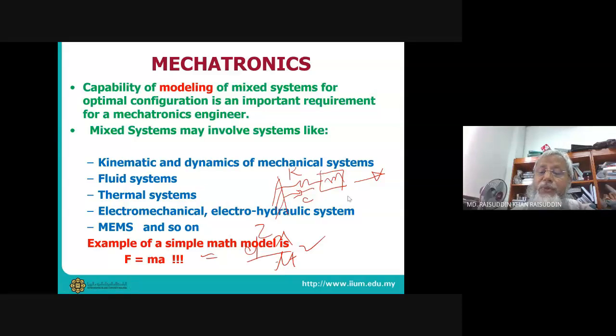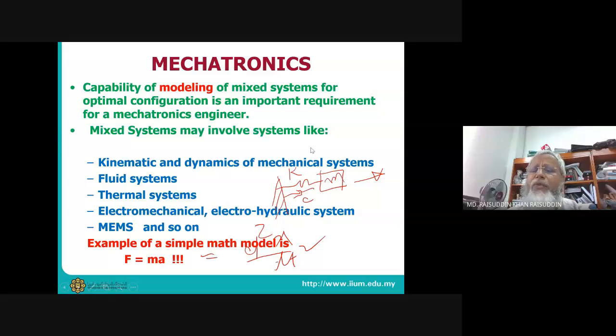First, we come up with the system representation, which is how many masses are there, how many springs are there, how many links are there, how they are connected to each other. And then we derive the mathematical equations out of it, and then we solve the equations. So we have the physical model, we have the mathematical model, and then we have the simulation. And out of the simulation, we can tell how it is going to behave. So once we have the modeling successfully done, we can predict how it's going to behave, and we can make that product.